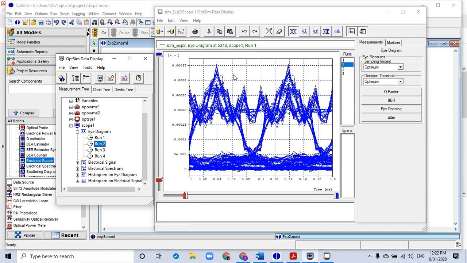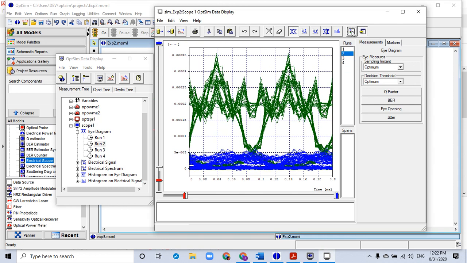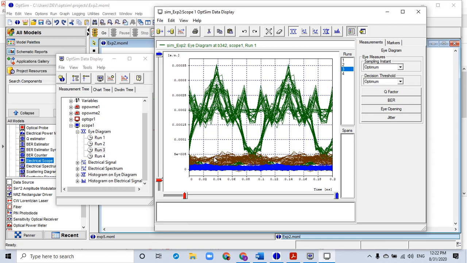Right, and select the color palette over here. Right, so this shows two different values of length of the fiber. This is how the output appears. Similarly for run 3, say superimpose and go to color palette, the green one, yellow.